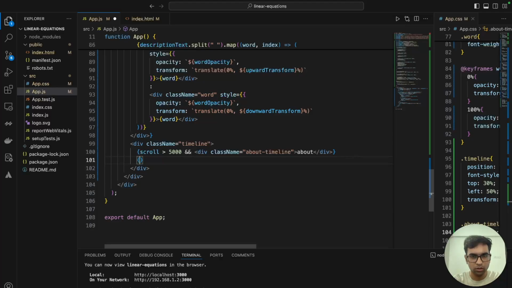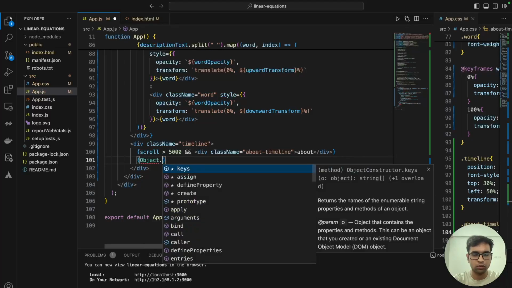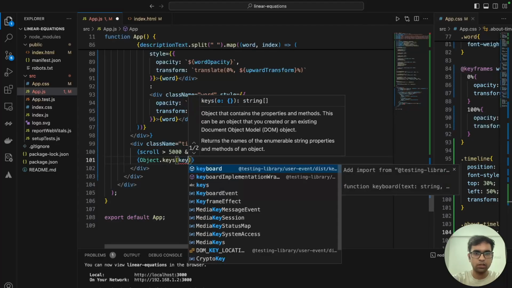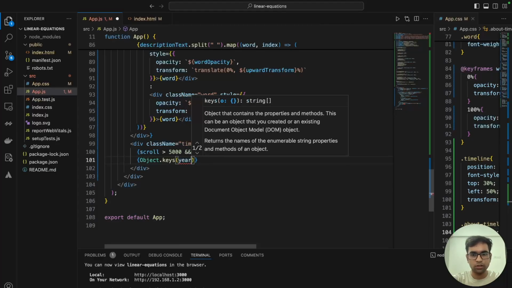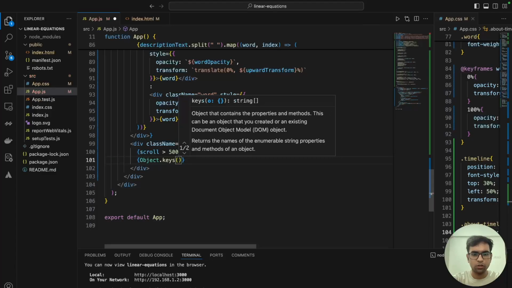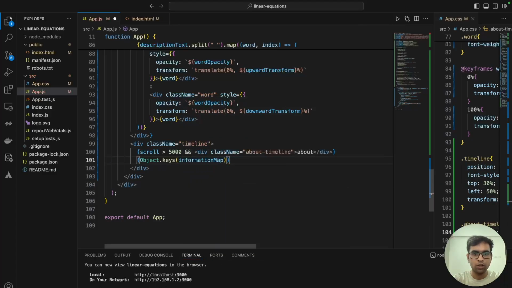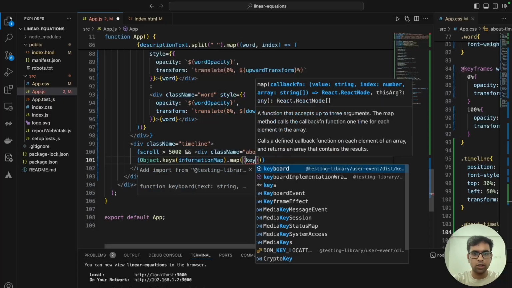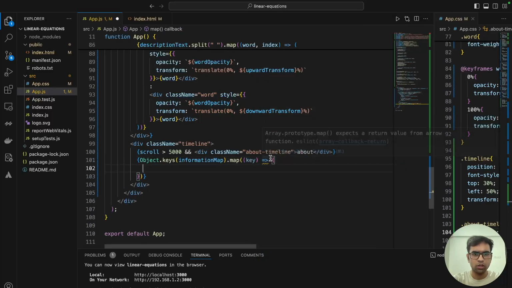So firstly, let's have Object.keys, Object.keys of information map, dot map the key to